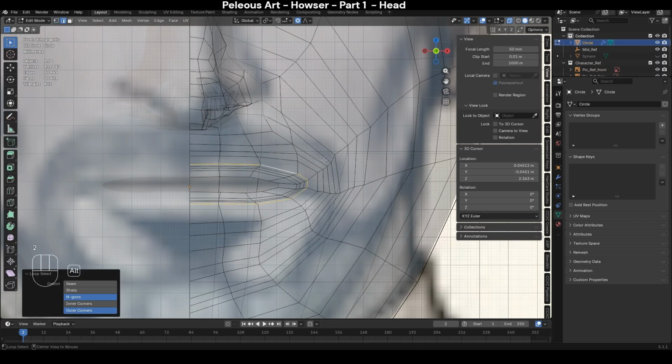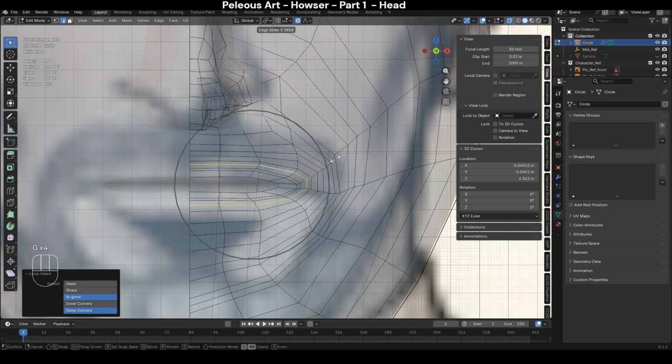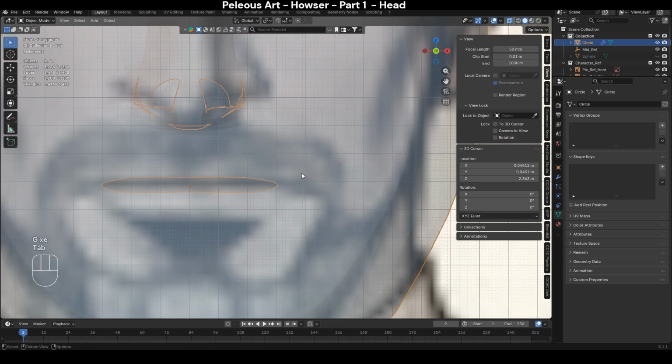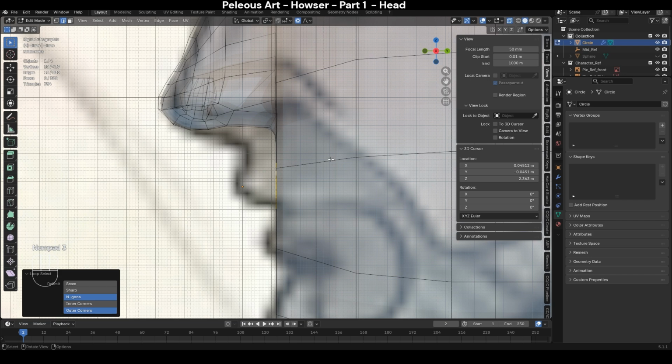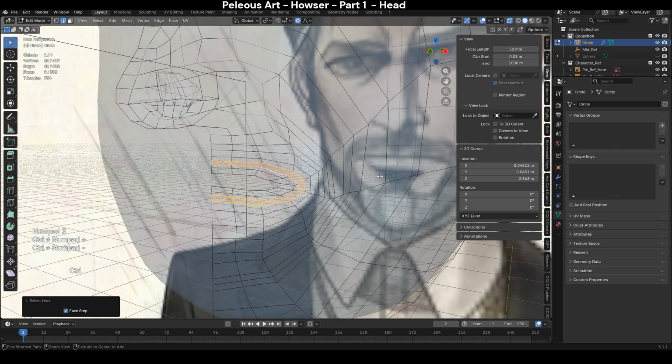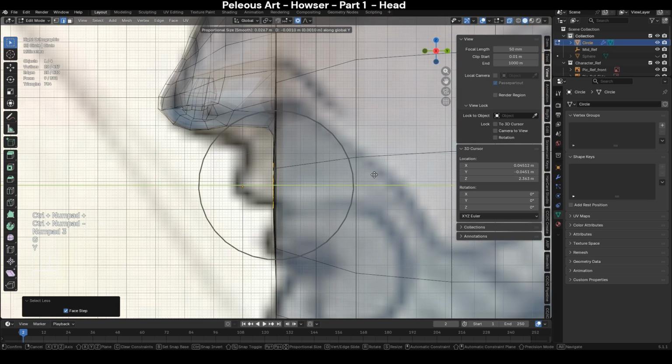Let's slide this edge close to it. I think we can actually dissolve that one. Let's dissolve it. Dissolve edges, and GG to slide. Let's select this one and the one at the bottom, Control plus and Control minus, and then we can